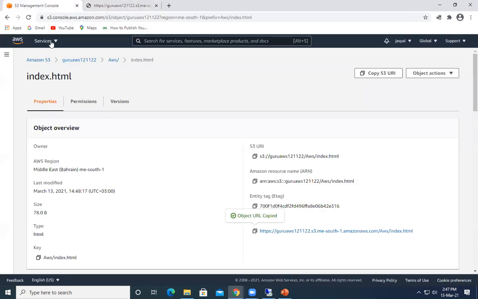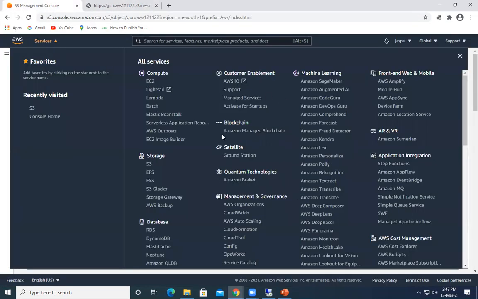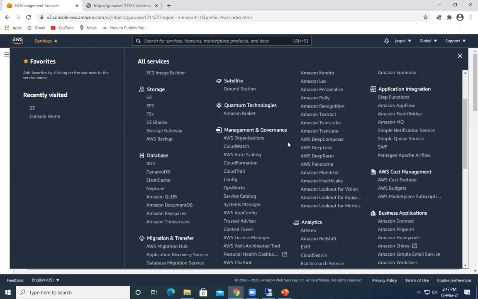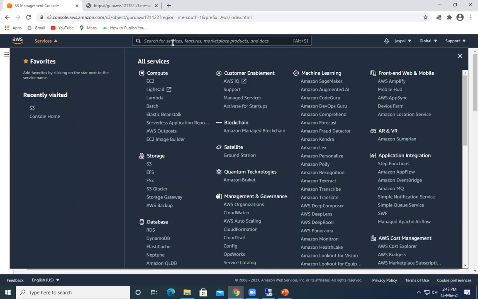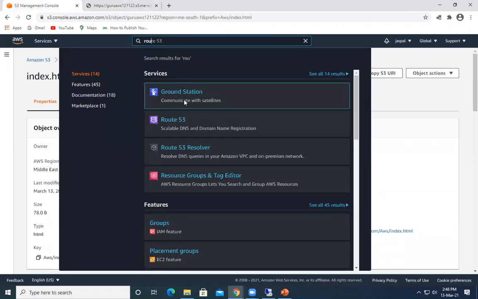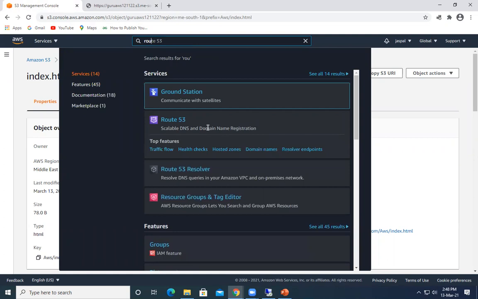We can also use CloudFront and Route 53. Route 53 can be used for scalable DNS and domain name registration.